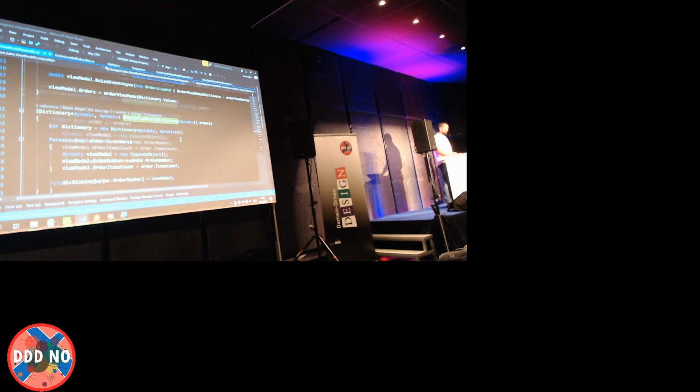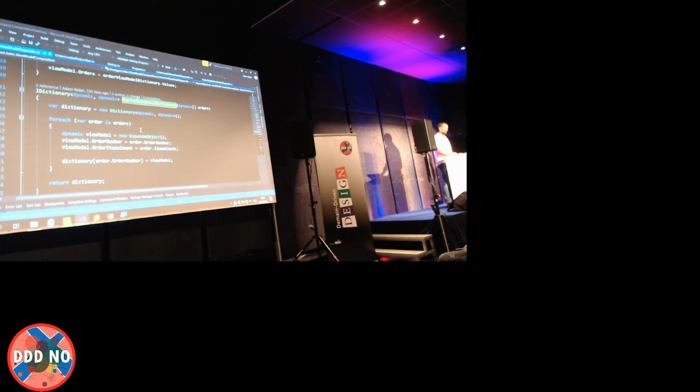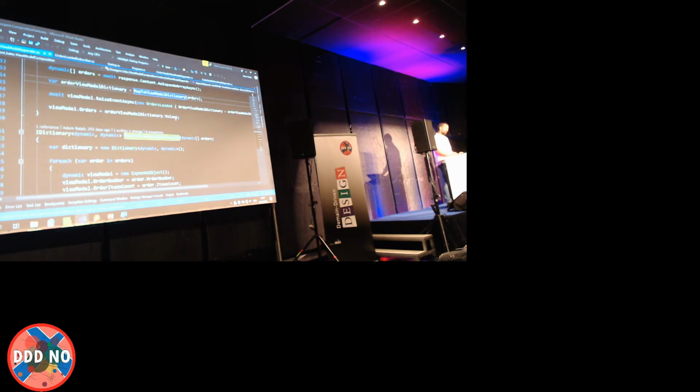All it's doing is looping through the orders, creating a smaller view model for every order, setting the order number, setting the order items count. So this is the information that's coming from the sales backend service, and adding those to the dictionary keyed by the order number, which is the identifier for orders. Then this is the important bit. It's raising an event on the view model, and it's passing an orders loaded event with that dictionary set as